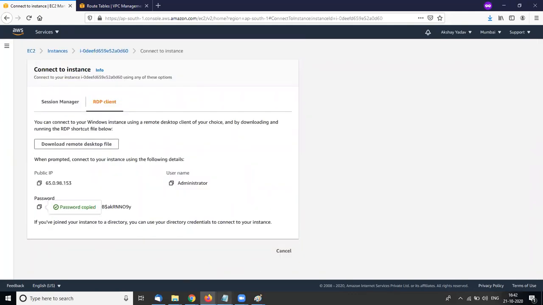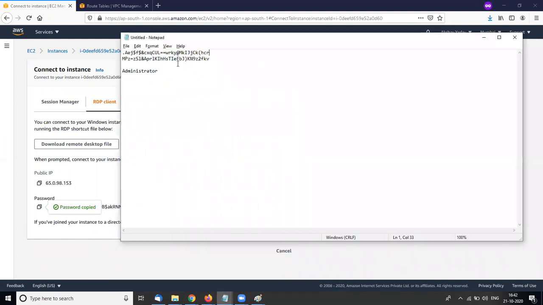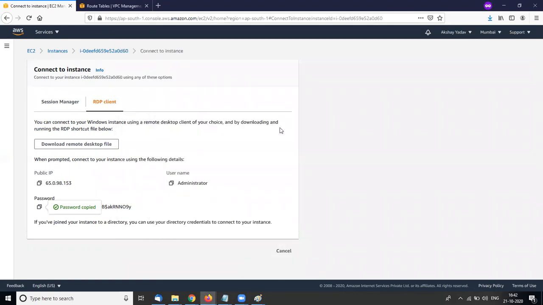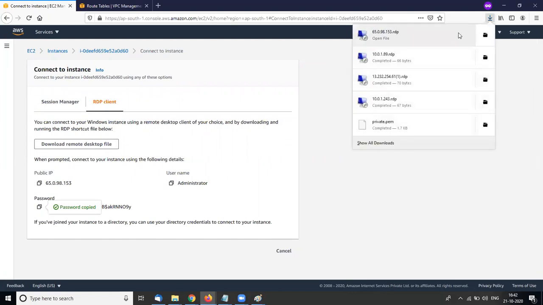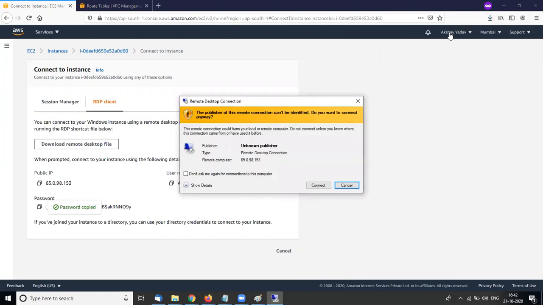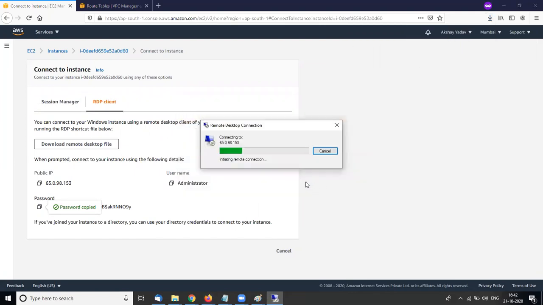So this is my password of the public machine. So I'm just connecting with that. Connect.